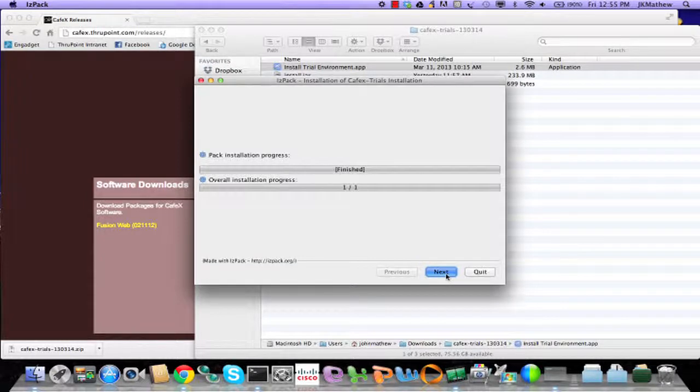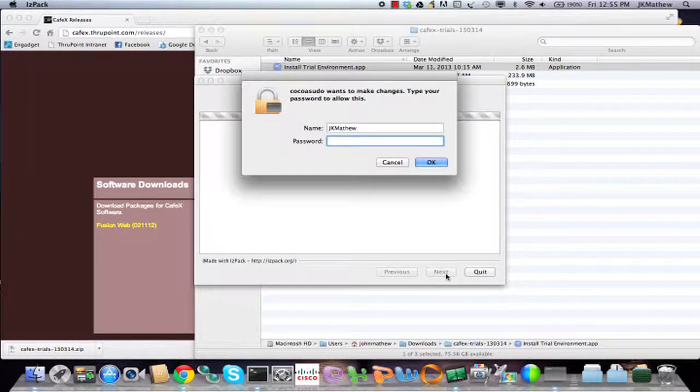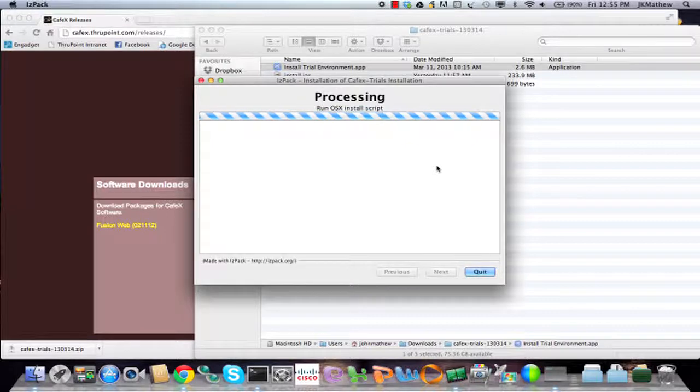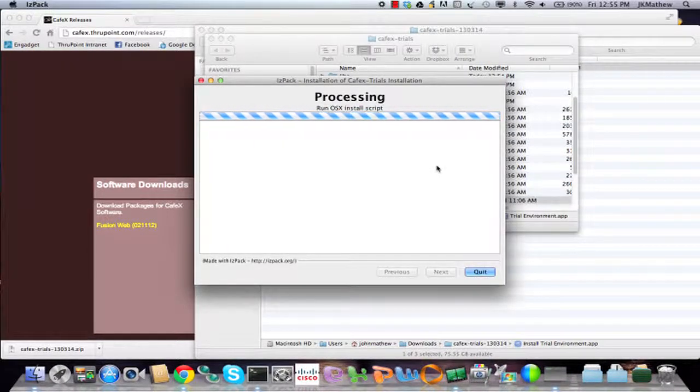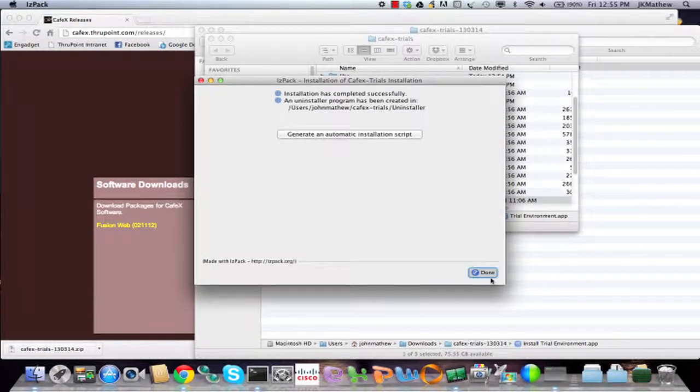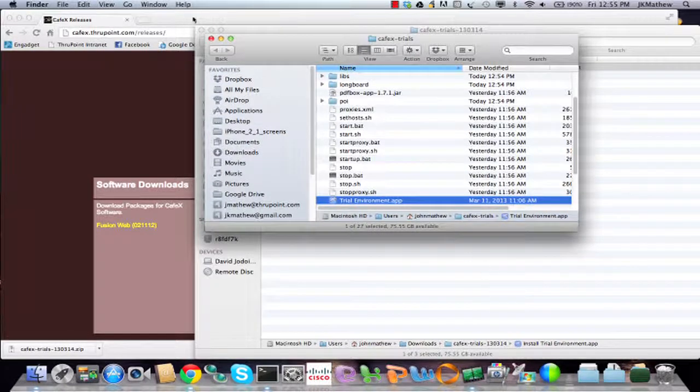Once you click next, you will be prompted to provide your system password, which it will use to change some system parameters that will be needed in order for the solution to work. Once that has been completed, you'll see it opened up a Finder window in the back, but hit next and done. You've successfully installed the environment on your Mac